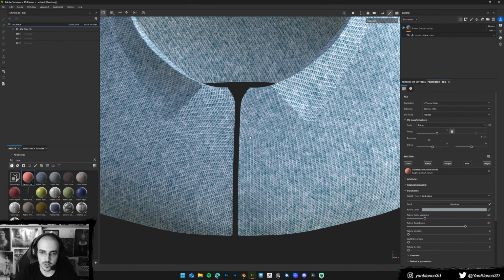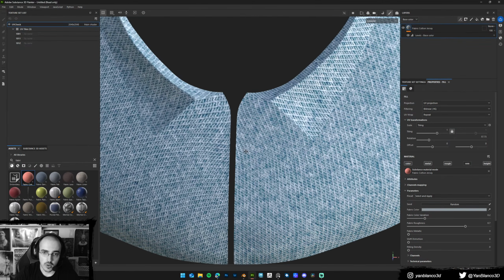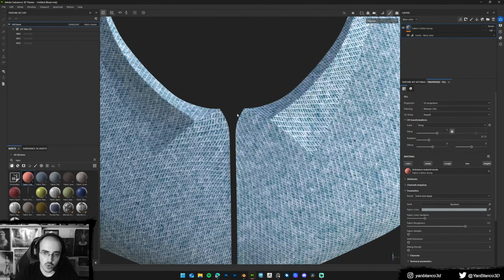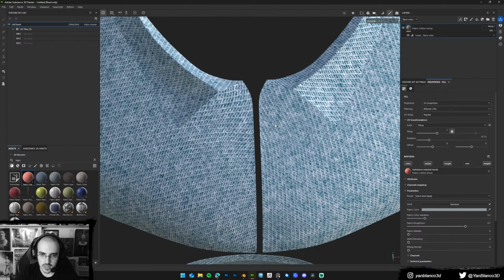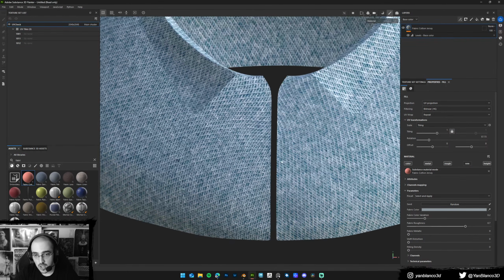So on the right side, the weaves follow the edge, but then when they go closer to this corner, they start to change direction. It doesn't make sense. The left side has a completely different orientation,